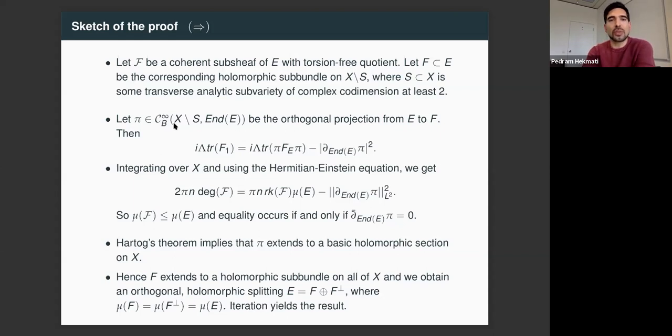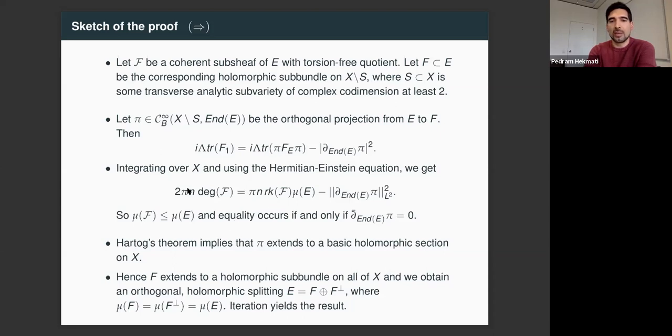Then you can show that the relation between the trace of the curvature F1 on F and the trace of the Chern connection of E is exactly, they differ exactly by the norm of this differential of the projection. So pi is the projection from E onto F. So now integrating this expression over X and using the Hermitian-Einstein equation on the first term on the